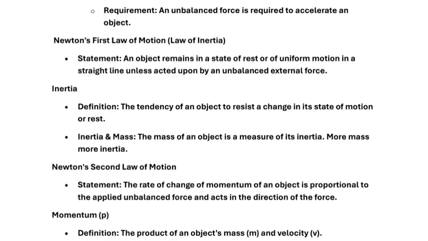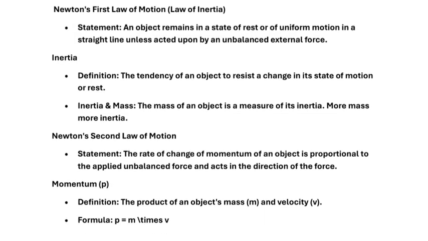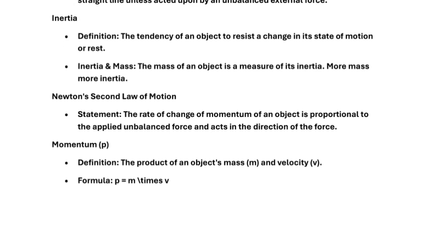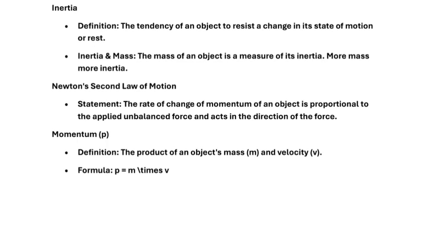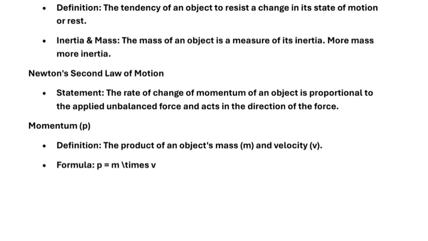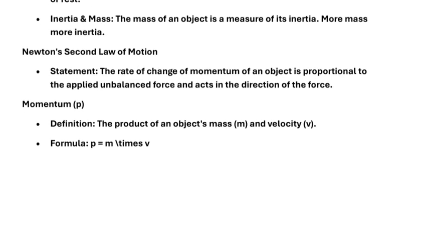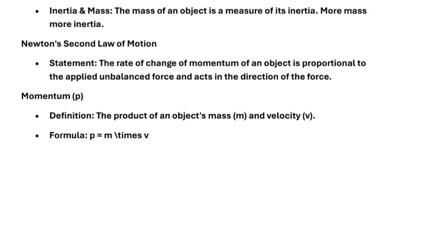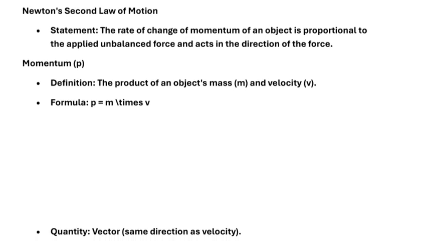Newton's first law of motion, law of inertia. Statement: an object remains in a state of rest or of uniform motion in a straight line unless acted upon by an unbalanced external force. Inertia. Definition: the tendency of an object to resist a change in its state of motion or rest. Inertia and mass: the mass of an object is a measure of its inertia. More mass, more inertia. Newton's second law of motion. Statement: the rate of change of momentum of an object is